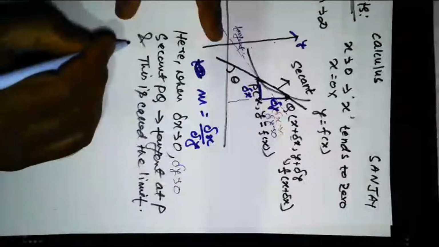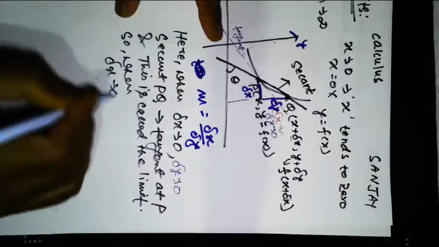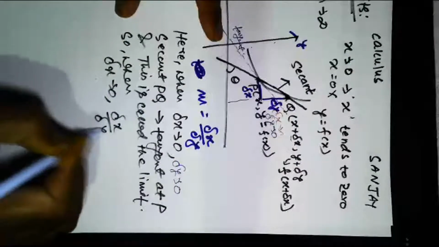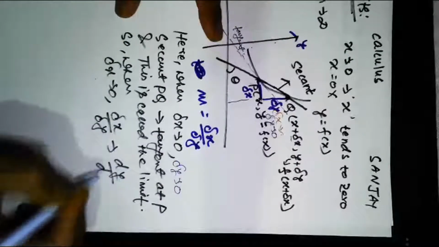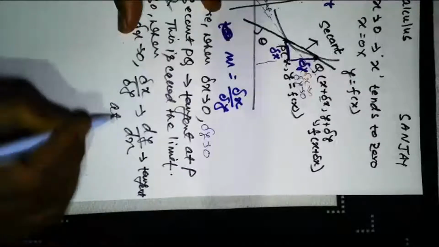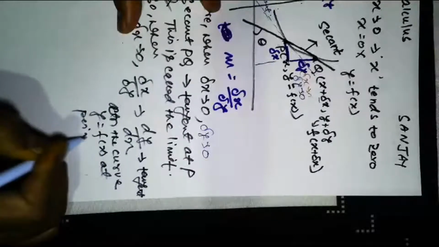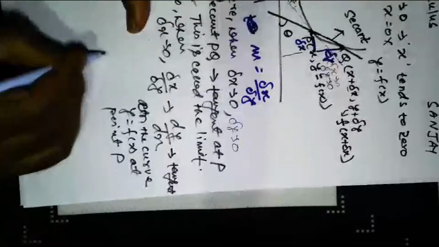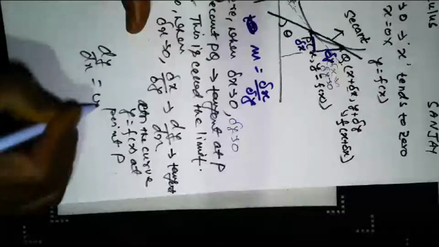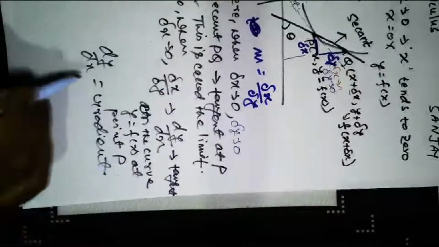So when delta x tends to 0, your delta y by delta x tends to dy by dx in general, and this is now called the tangent on the curve y equal to f(x) at point P, and this dy by dx is also called the gradient. So gradient or the tangent indicates that there is